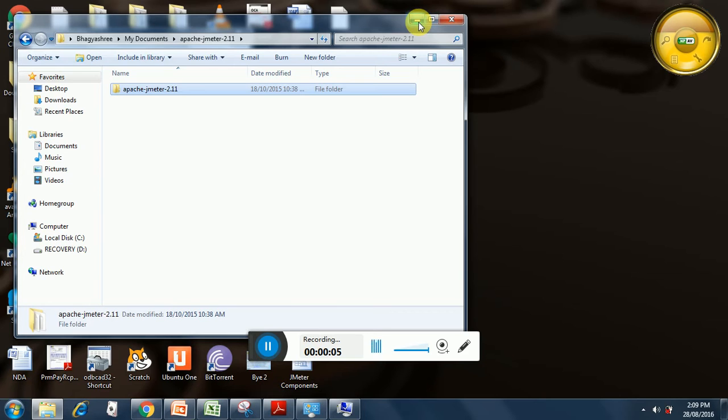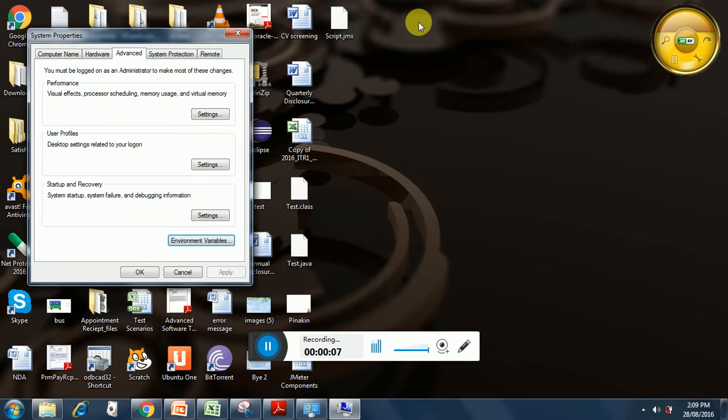What is JMeter? JMeter is used for performance testing. Performance testing checks the suitability of the application before it is deployed to production. Performance testing includes various testing types like load testing, where we subject the application under test to constant load for about 1 hour. Then comes stress testing, where we overload the system for a short period of time.